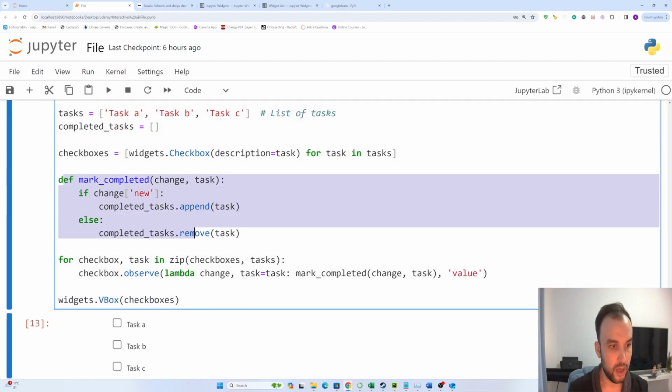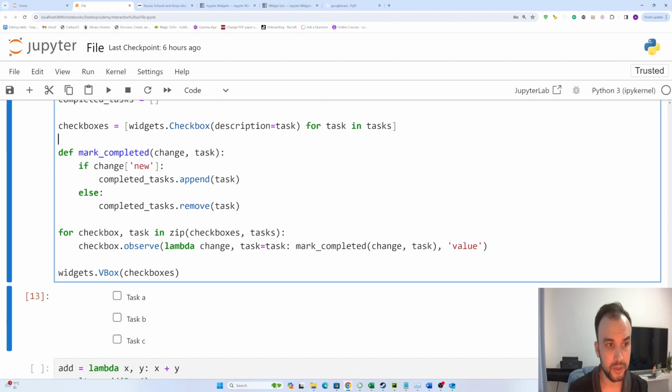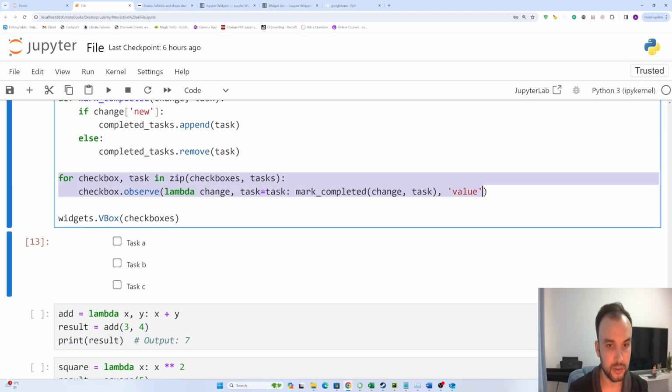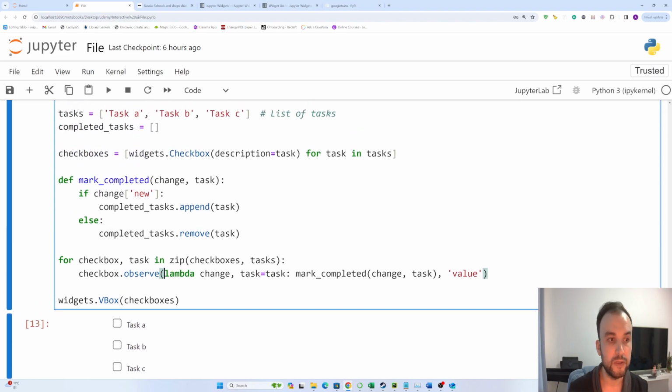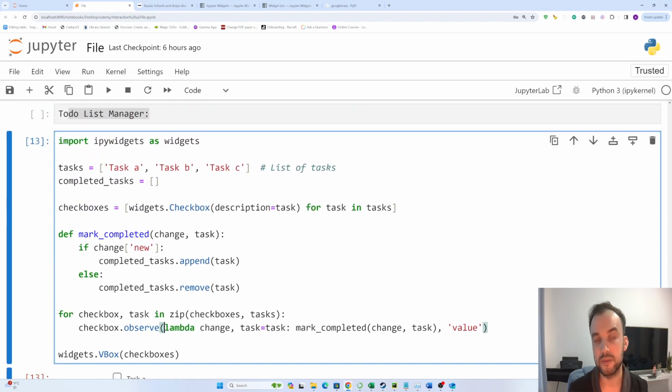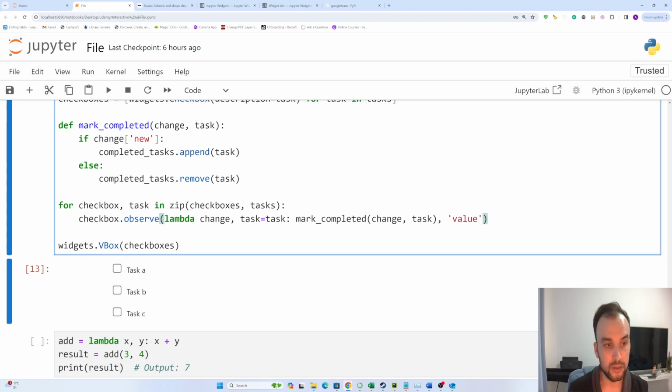Okay, and we are defining a function here, mark completed, change task. Before looking at that, let's look at the observe function. Before, we just had one button, and for that we used just one line, checkbox observe.